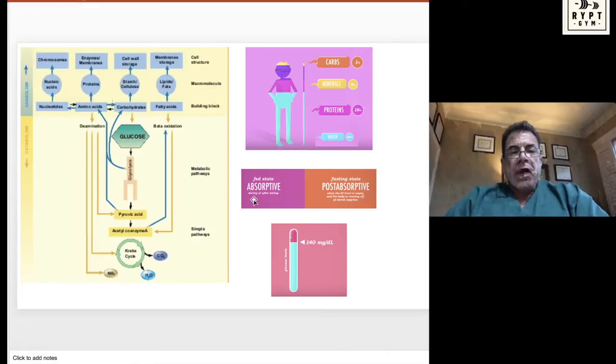When we eat, that's said to be our fed state or absorptive state. That occurs after eating, and food is being absorbed and broken down to be absorbed, and then will be rebuilt in our bodies. In the fasting state, when no food is around, our intestines are empty, we now require our own body for energy, and we will begin to break down stored energy.